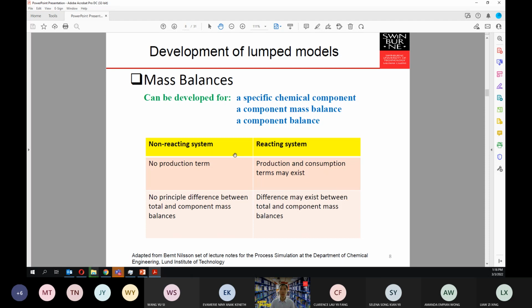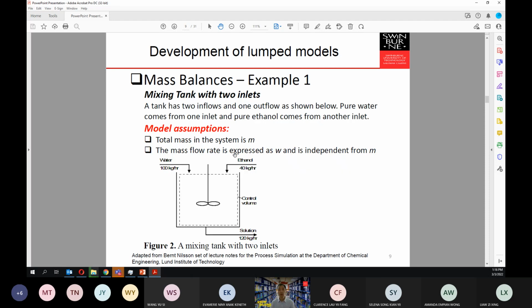Okay. Now, guys, if you have any questions when I go through the slides, when I try to emphasize the concepts, then you can always stop me and ask me, or you can type in the chat box.